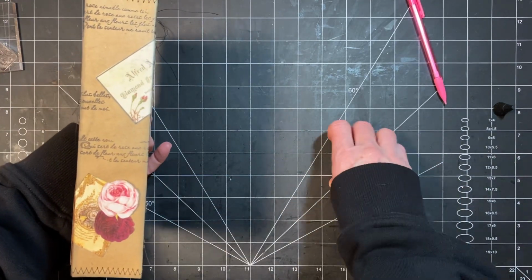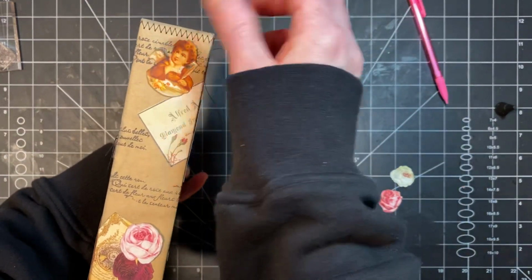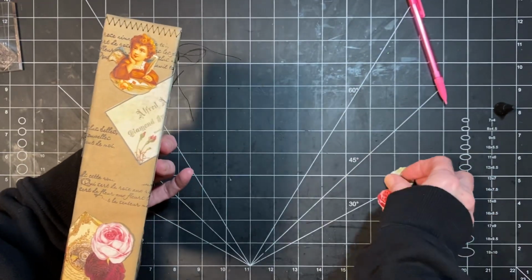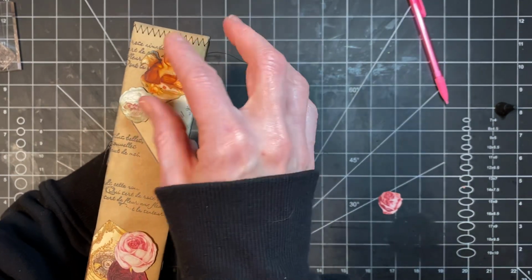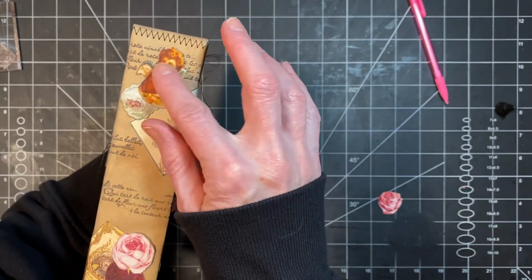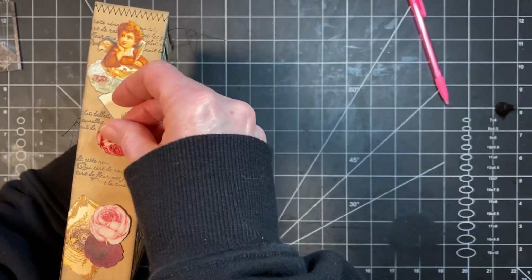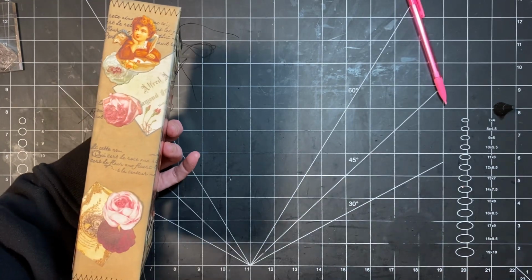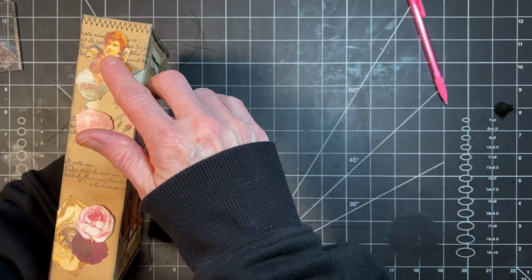I'm going to put this little cherub. It looks like a little cherub writing a note. And then I thought I would add a little flower underneath. And then maybe one more flower kind of there. And then that will be it for the...